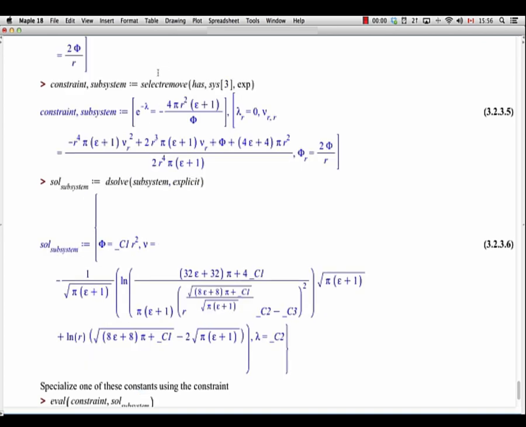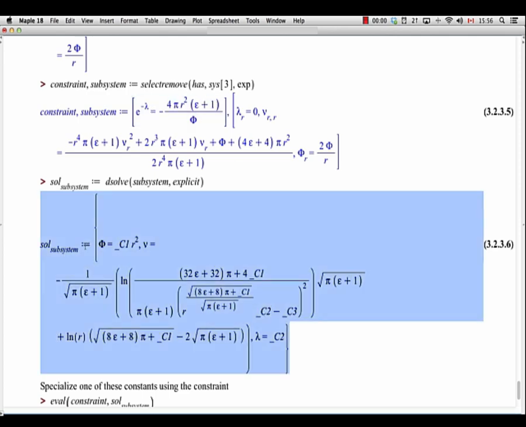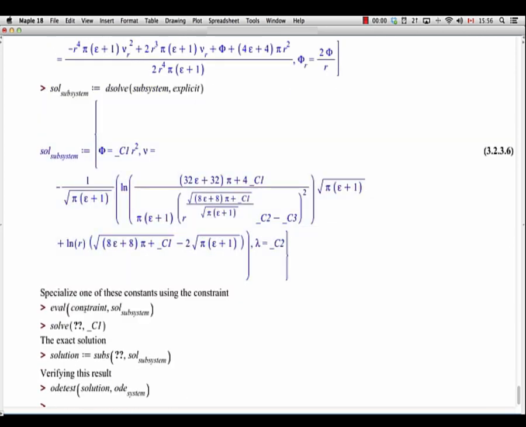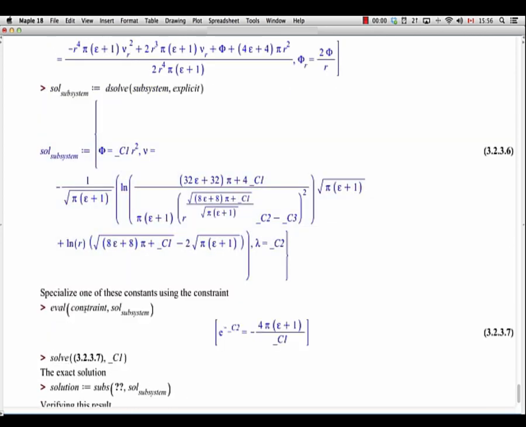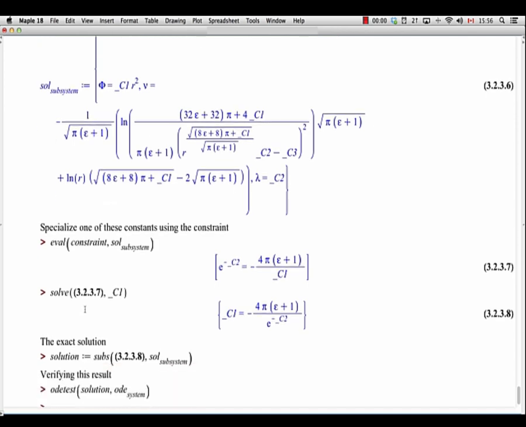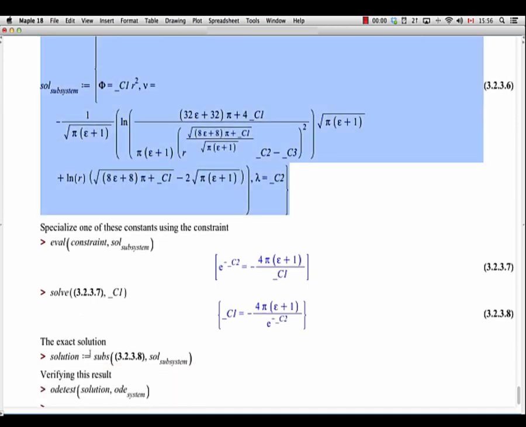And now we use the constraint to connect one of the three constants that appear here. If we evaluate the constraint at this solution just computed, we see that there is a relation between C2 and C1. We solve for C1,